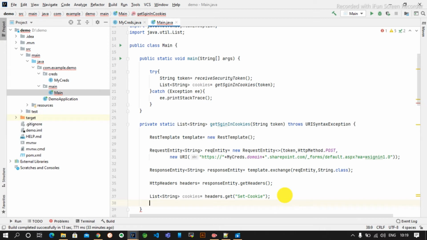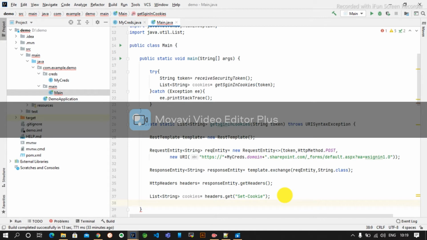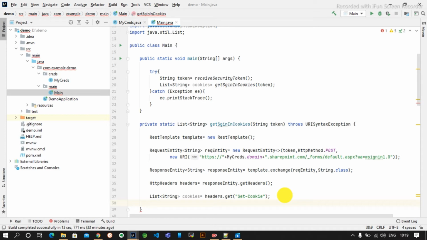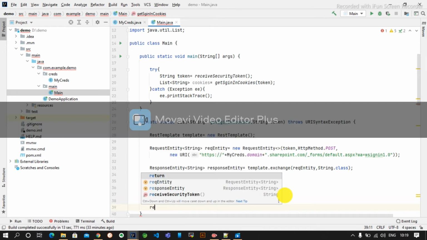After getting the cookies, you can do some extra cross-checks also. You can check whether it is empty or not, and throw an exception, etc. But for now I am creating a simple version. I know it is my domain and I can authenticate using this, so there is no point in throwing an exception. But whenever you do it, just cross-check all those things when you get a response.